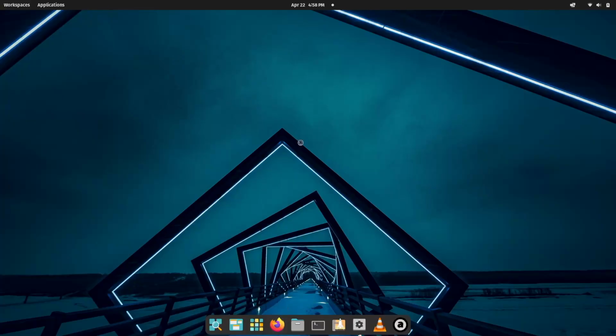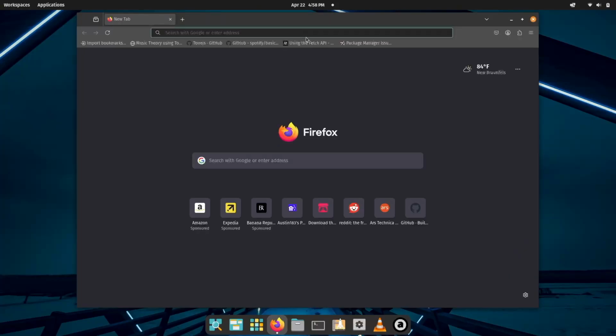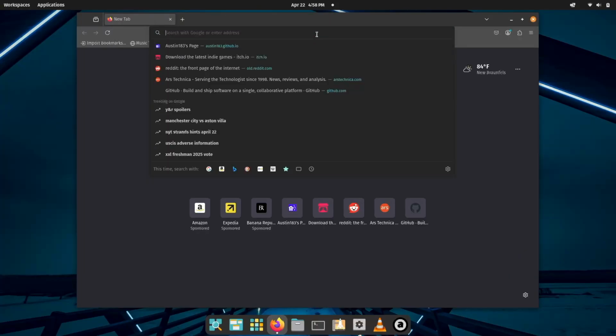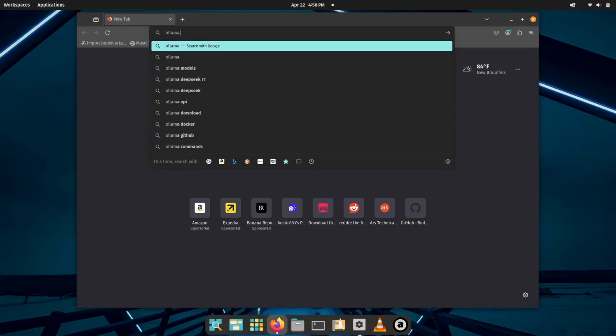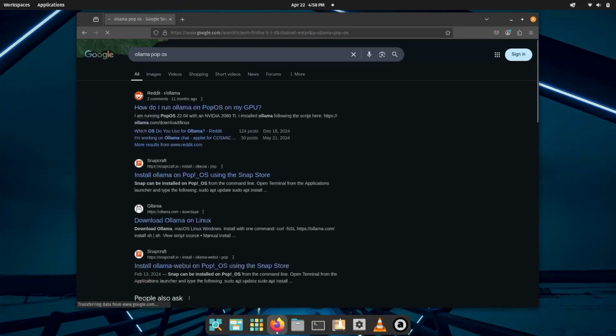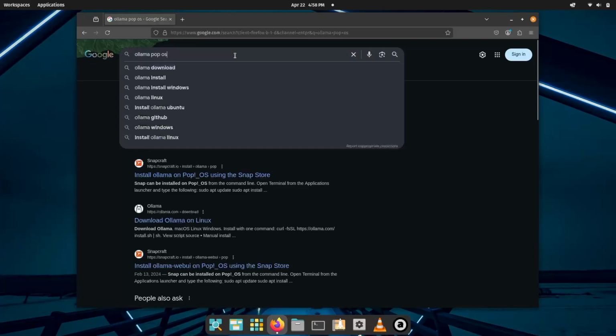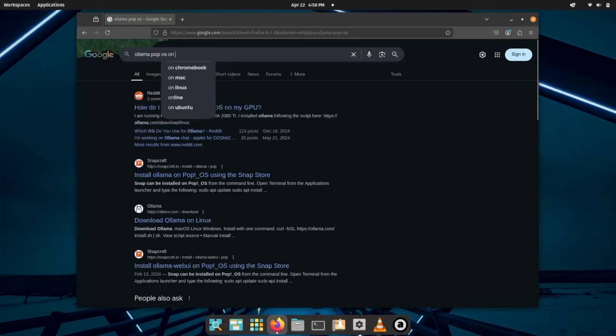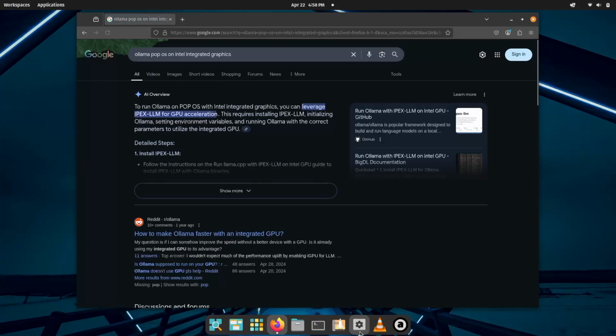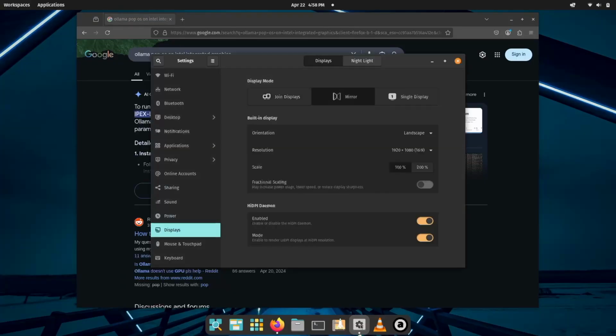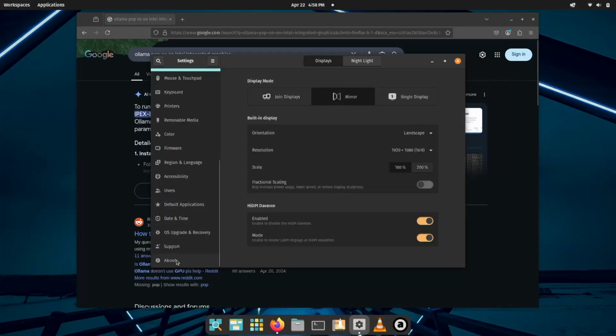So the first thing I'm going to do is look at what it takes to get Ollama installed in Pop!_OS. It could just be something that's in the store already, but I just wanted to look on Google. How do I run Ollama on Intel integrated graphics? Because this is just a, let's see, I think if I go in here and I go down to about,